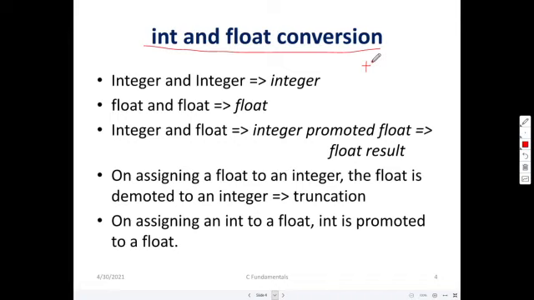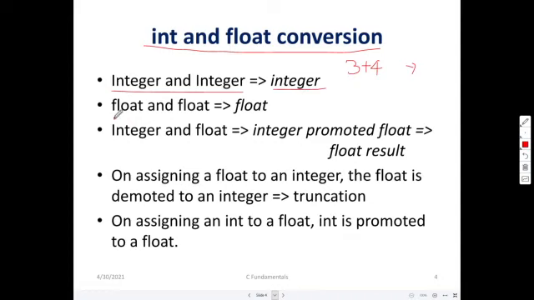Whenever we do an arithmetic operation, plus, minus, multiplication and so on, on two integer operands, meaning integer constants, suppose 3 plus 4. So 3 is an integer constant and 4 is another integer constant. When you do an operation with two integer constants, the result is going to be an integer constant. Nothing big deal with that.